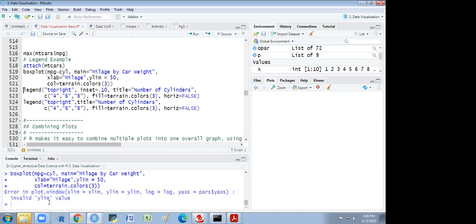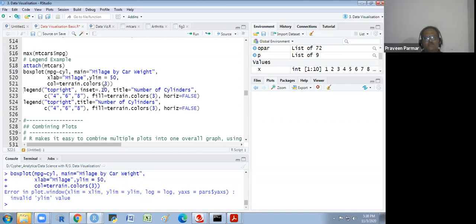Y limit value. X limit equal to X limit, Y limit, log equal to log. Invalid Y limit value. I just see what once. It should be numeric, no? It is numeric, but in spite of that, it is not taking X limit, Y limit.